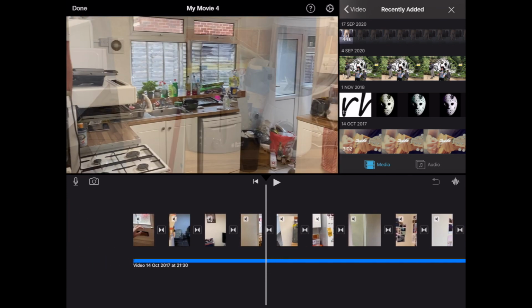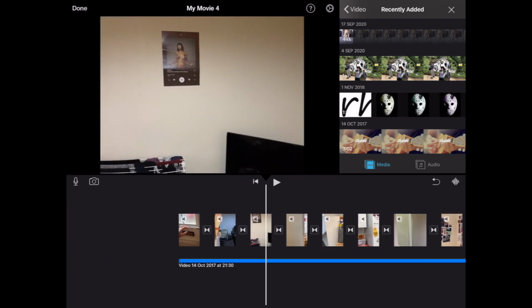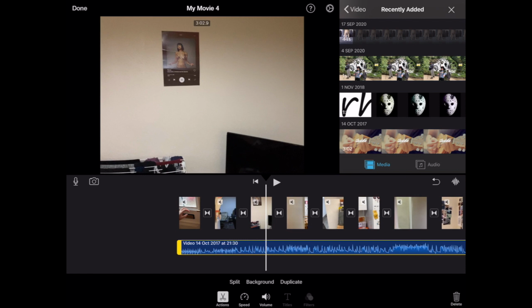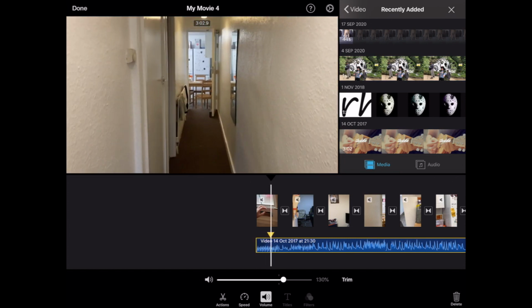I'm just going to mess around with some of the sound. So if you click on the sound, it comes up with a volume option. I'm going to click that and you can choose how loud you want your clip. I don't really recommend going into those amber and red zones purely because it's a bit too loud for computers. So you just want to make sure you get a good sound level,